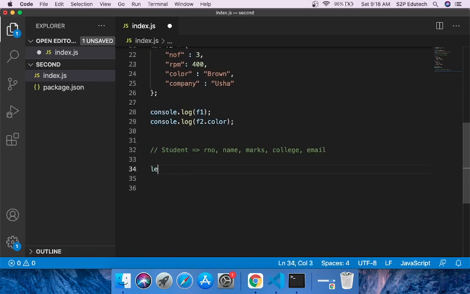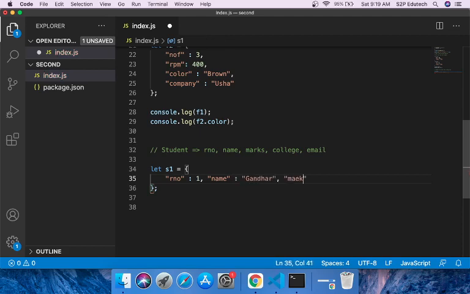So how can I do that? I'll say let s1 equals, again enclosed in curly braces, that is why I am giving curly brace. Then RNO, which is the first property, roll number is 1. Then second property name, say Gandhar.